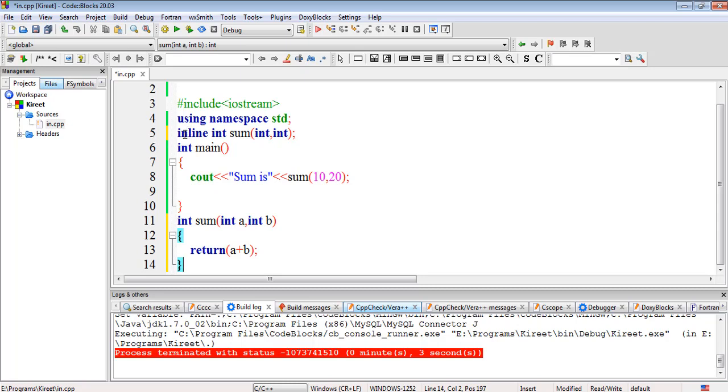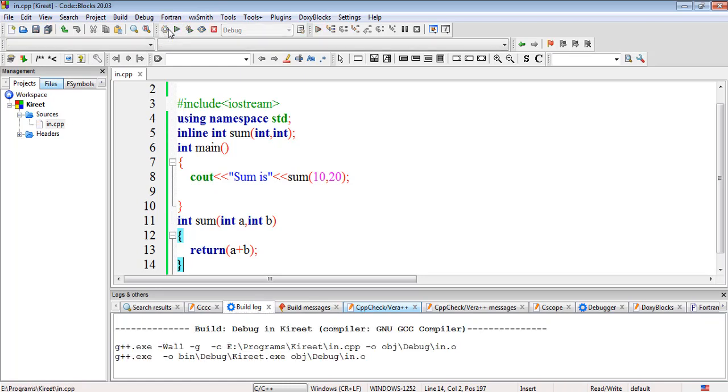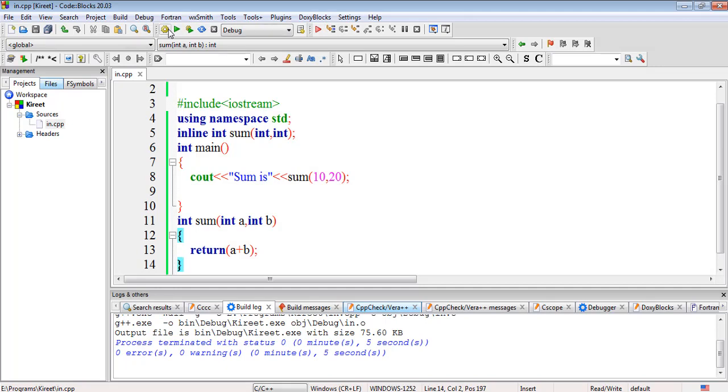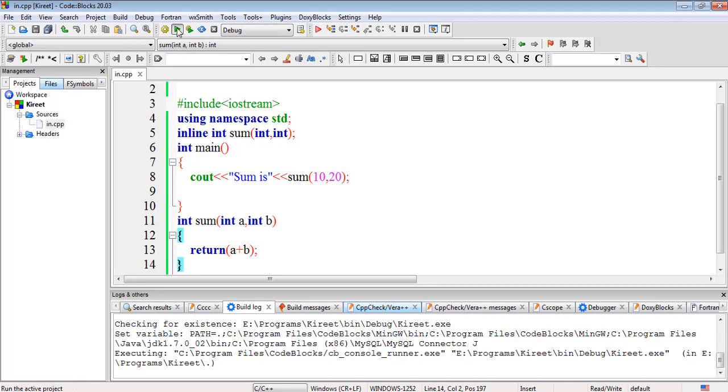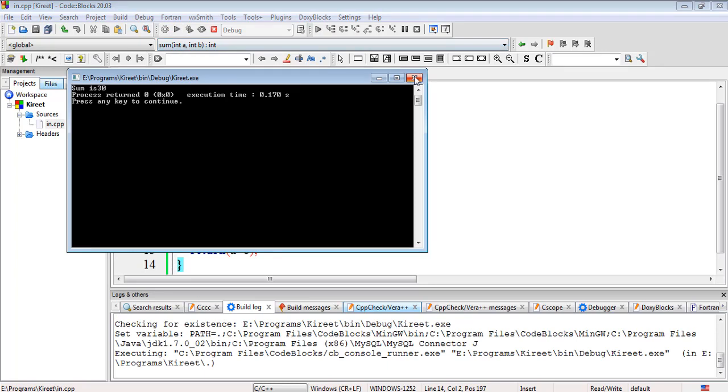So if we are declaring the function, then you have to put the keyword inline during the declaration only. There is no need to put the inline keyword during the function definition. Here it has been compiled successfully, and the output is same.